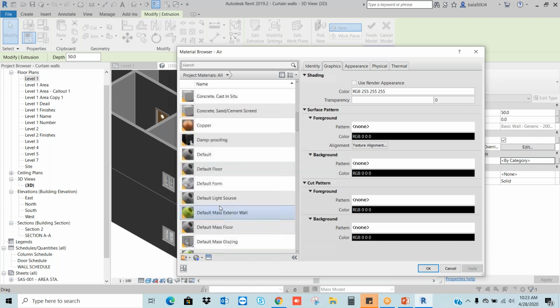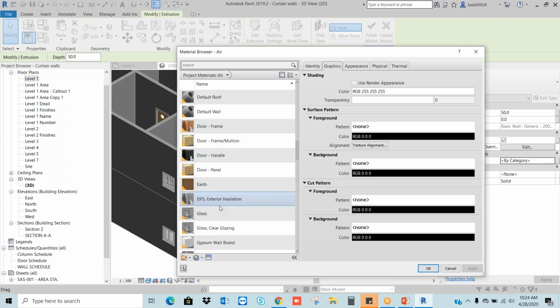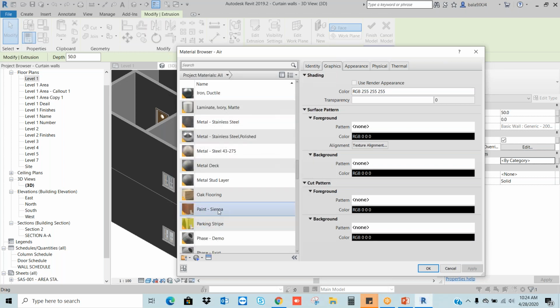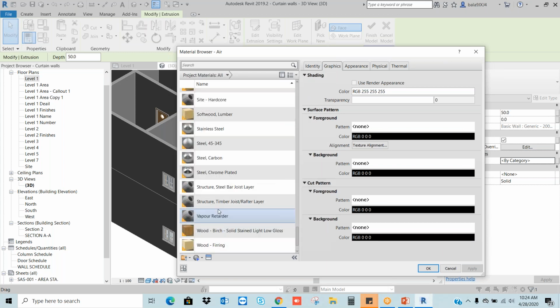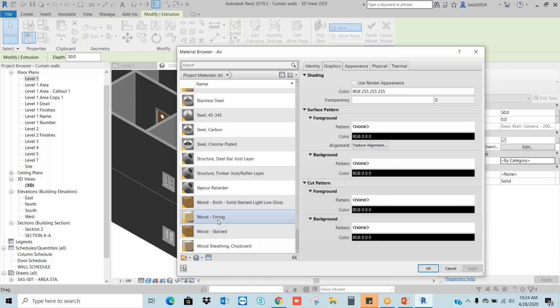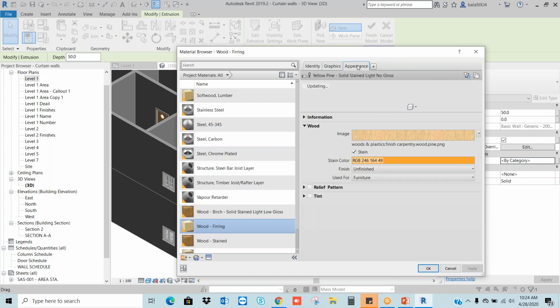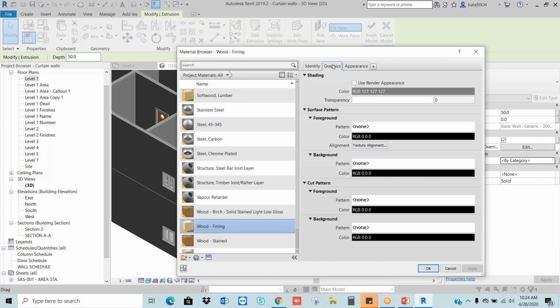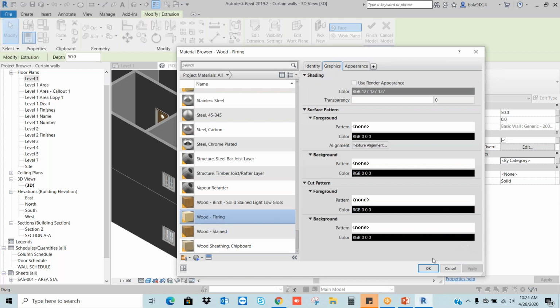Let's say I want to create a different material, for example, wood frame. Okay, now I'm going to take the wood frame.